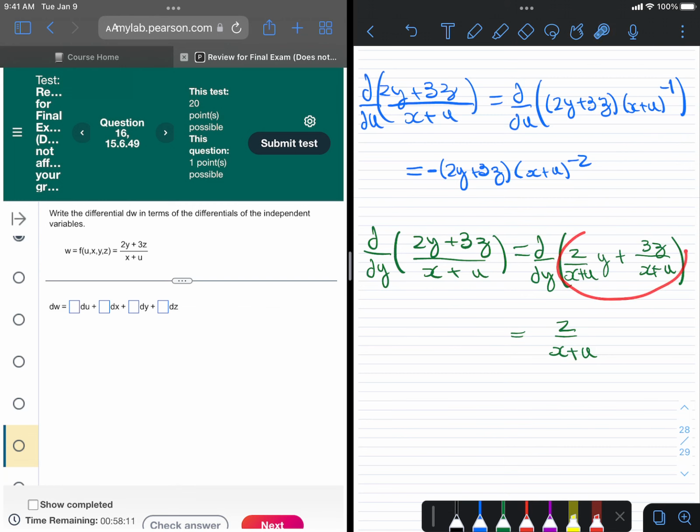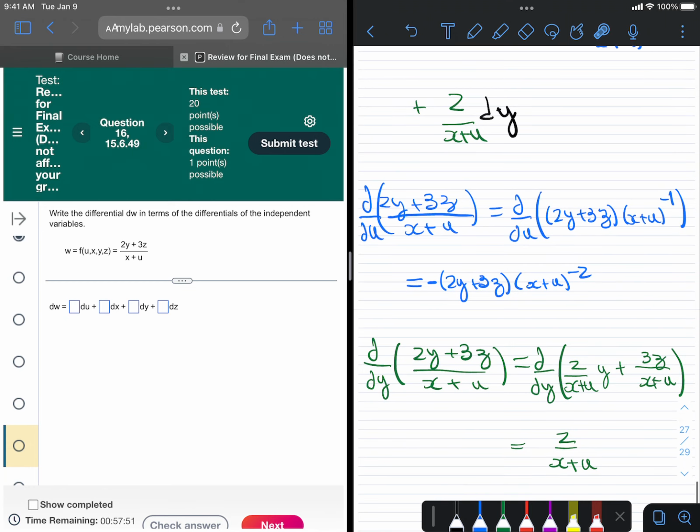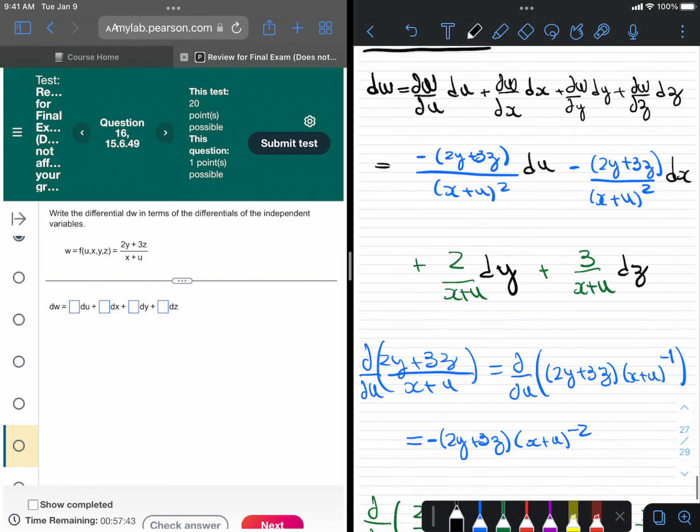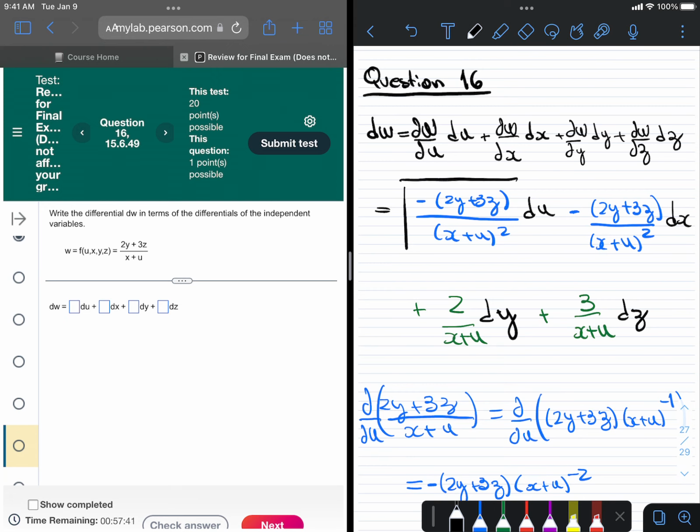And then in a similar fashion, you derive that with respect to z. The only thing left is this constant. So I'll let you write it out again if you need, but it's the same procedure. This is the answer, the constant multiplying z. All the rest does not depend on z, so it's a constant. When I derive, the answer is 0. So just 3 over x plus 1 is left. Or excuse me, x plus u is left. dz. And these 4 numbers